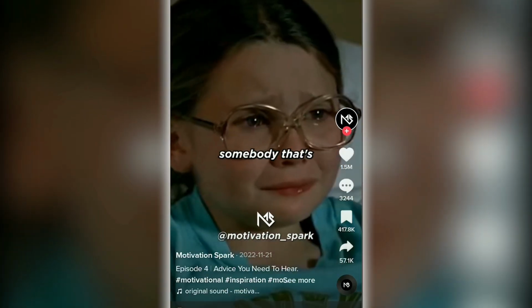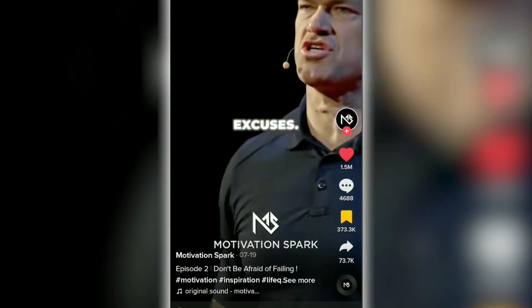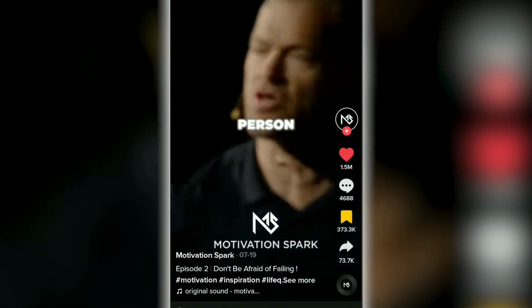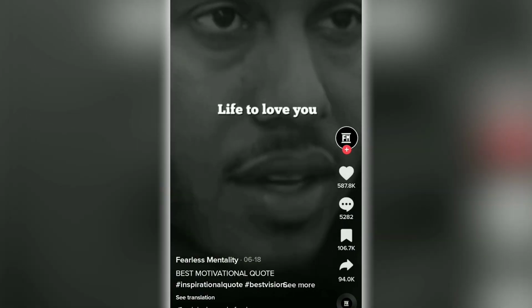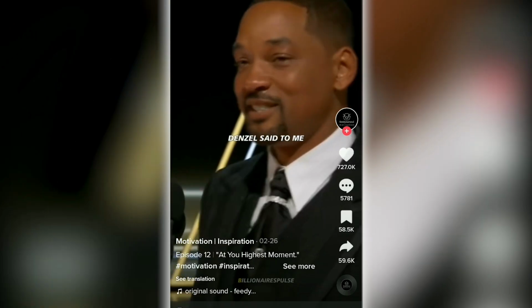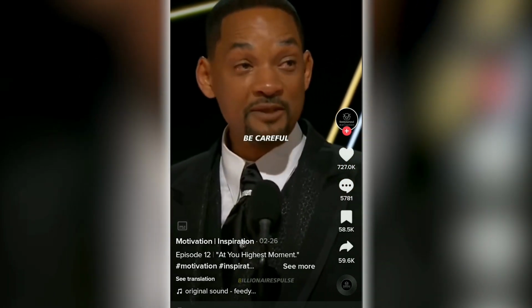Real loser is somebody that's so afraid of not winning, they don't even try. Don't make excuses. Don't blame any other person or any other thing. Some people don't come in your life to love you. They come into your life to use you. Denzel said to me a few minutes ago, he said, at your highest moment, be careful, that's when the devil